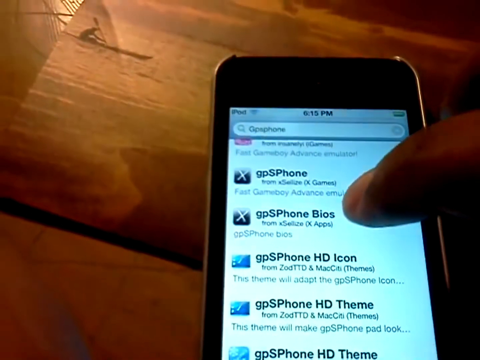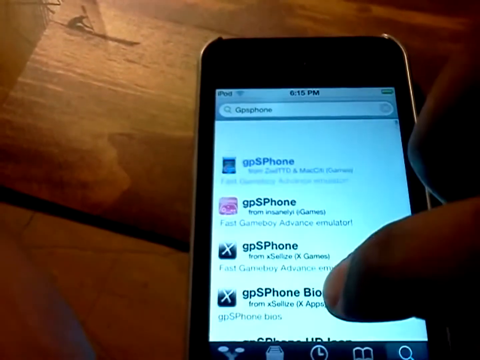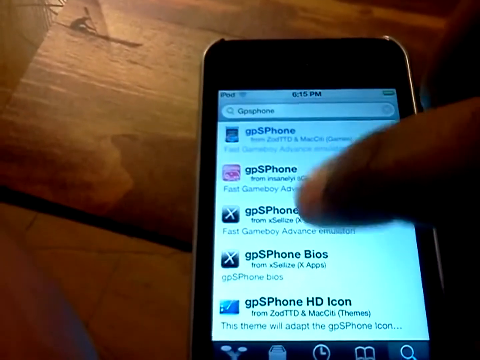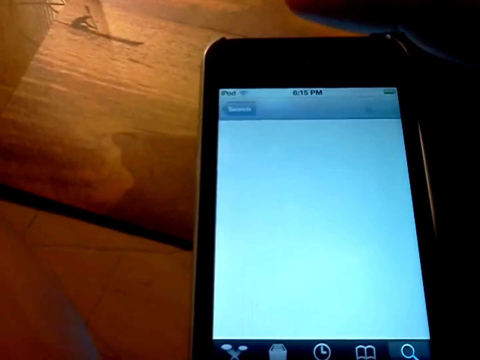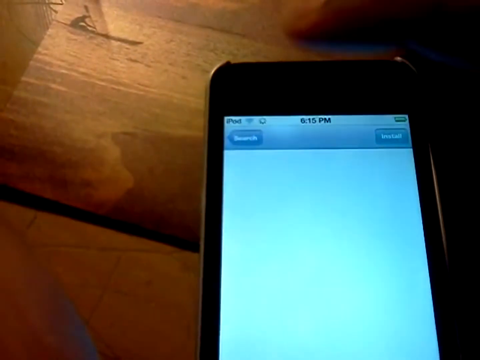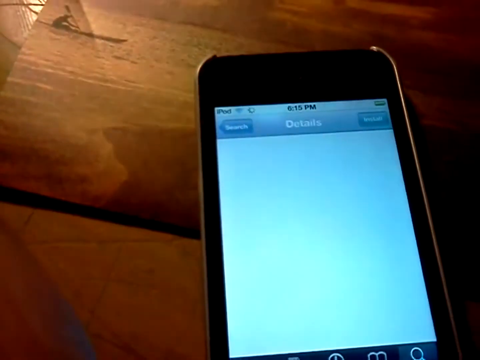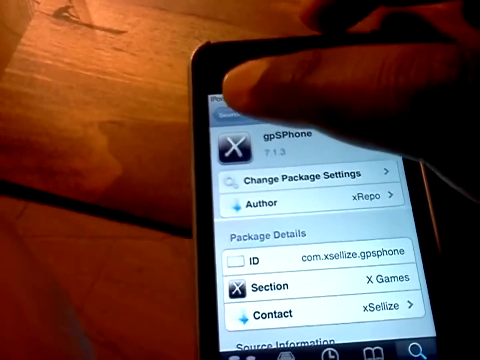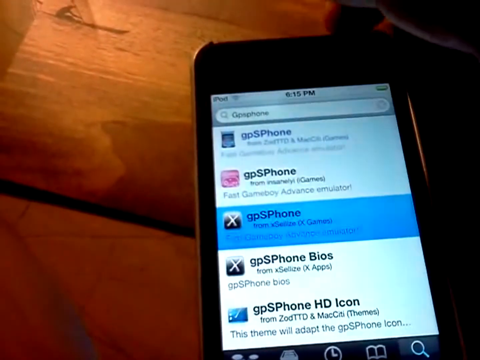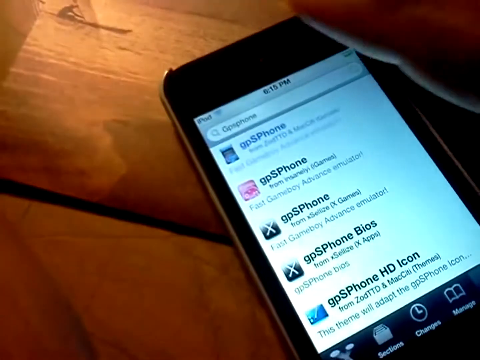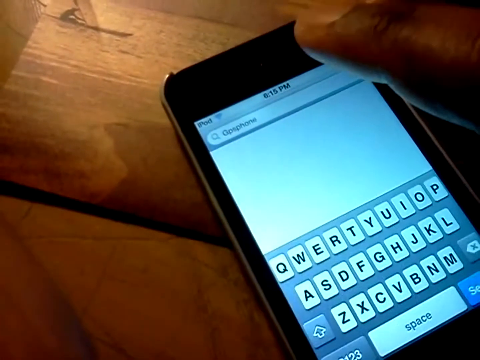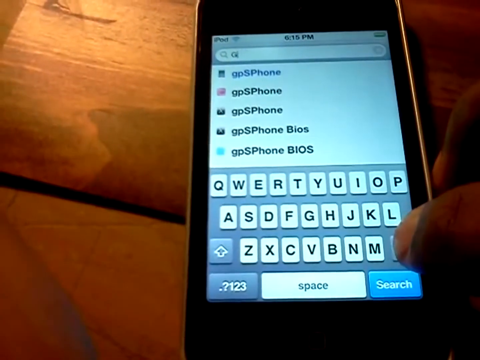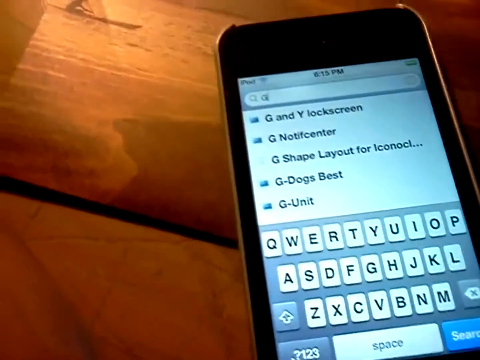Okay, so then you guys want to go on, this is my website, you go on, and let's just go on with this. Just tap on gpSPhone, and then you will tap download and install. Then after that, just go back to Cydia because it will tell you, I think, return to Cydia, something like that. So then after that, oh yeah, you guys also